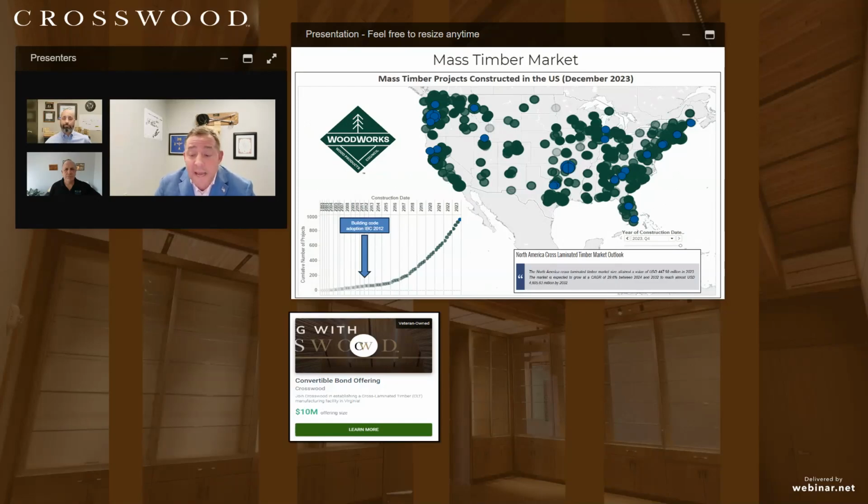And as more data has come out on the superior fire resistance and strength of these mass timber structures, insurance companies are now backing the product. And finally, third is increased manufacturing. There have been more manufacturers that have come online since 2012 that are now producing mass timber products in CLT and glulam. And that is why you see mass timber really expanding in the United States.